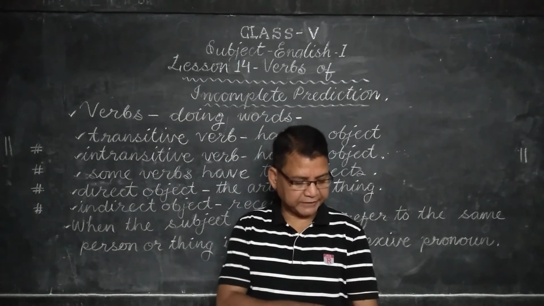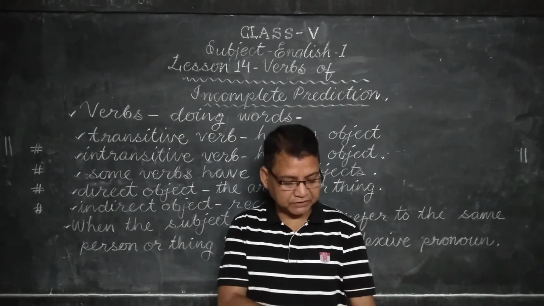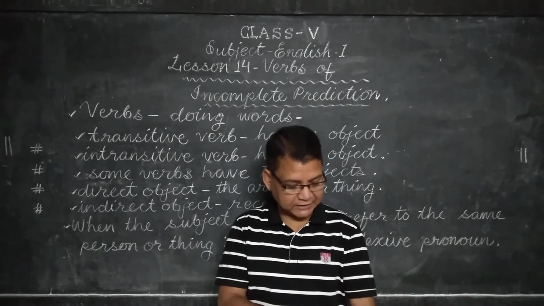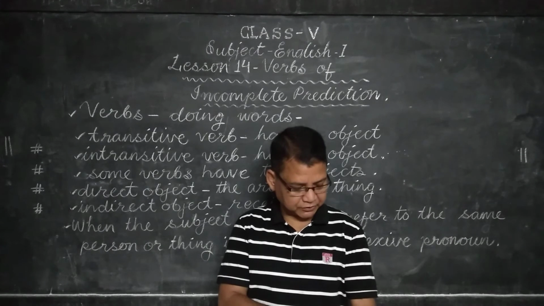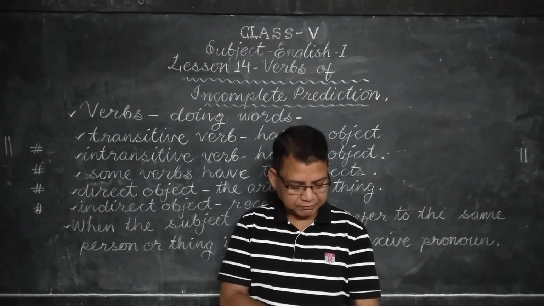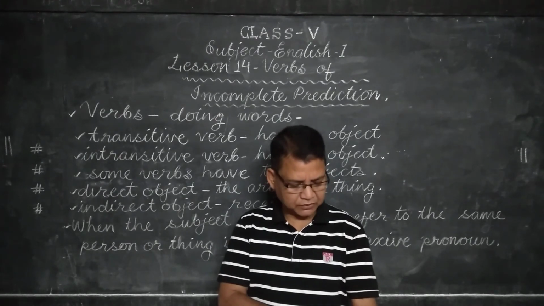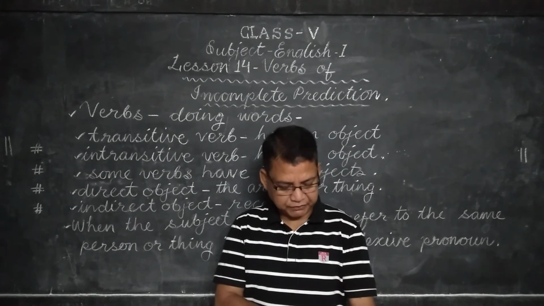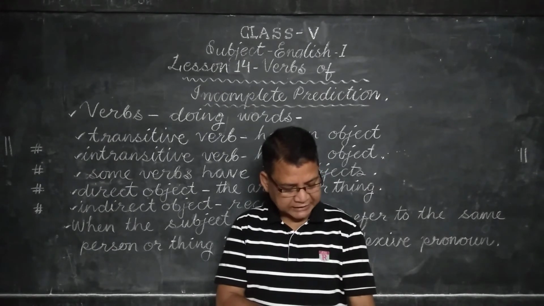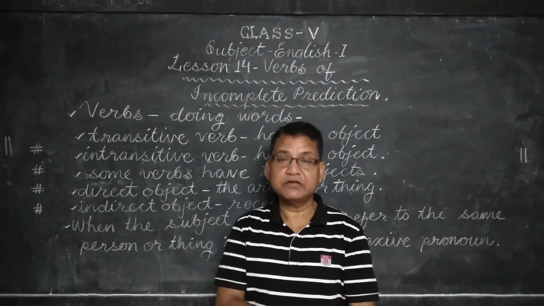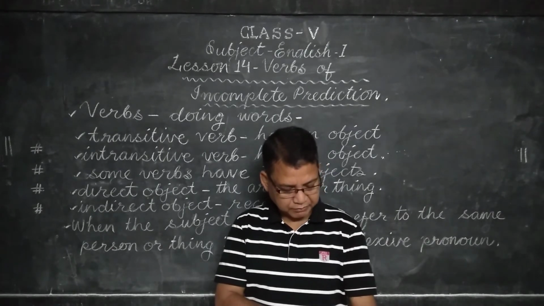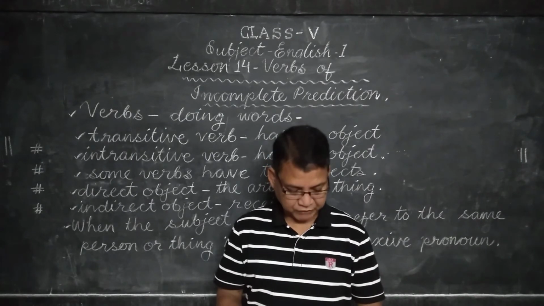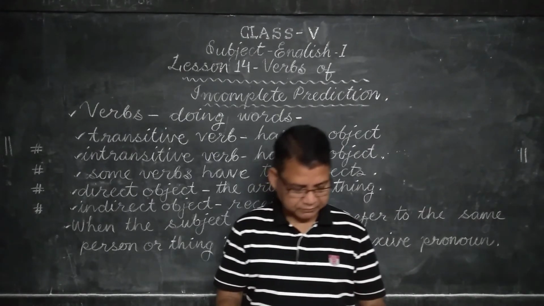And one more warning is there. Do not confuse a transitive verb of incomplete predication with a transitive verb with two objects, direct and indirect. Mother made me a sandwich. The king made him a minister. See, does the verb made have an object? Yes, it does. Made what? Sandwich. And we find that it has two objects, direct and indirect. Sandwich is the direct object, me is the indirect object. The mother made him what? A sandwich. Okay. Read carefully, then we come to page number 81.